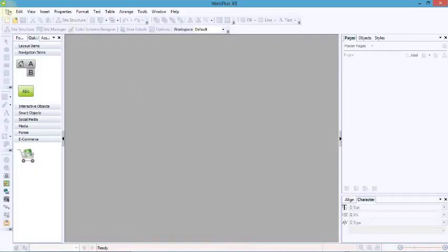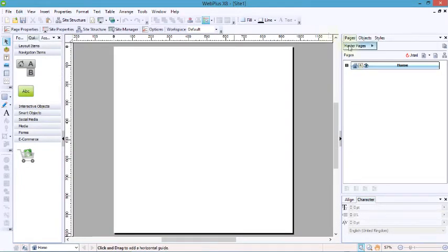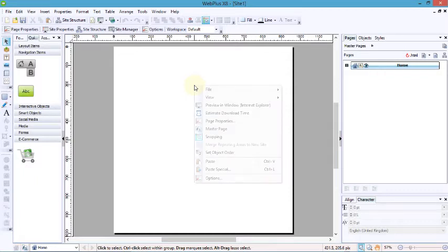Right. So what you do is you go to file. Initially you get a default file, and here it's named home, and it shows index.html. That's the default name for the home page. So the first thing you have to do is set the size of the web page by